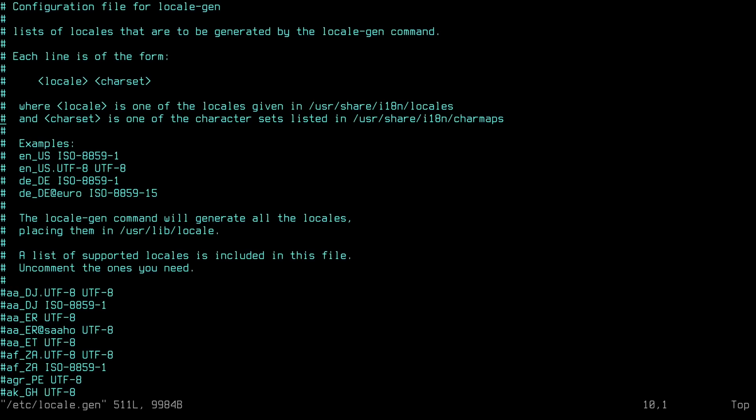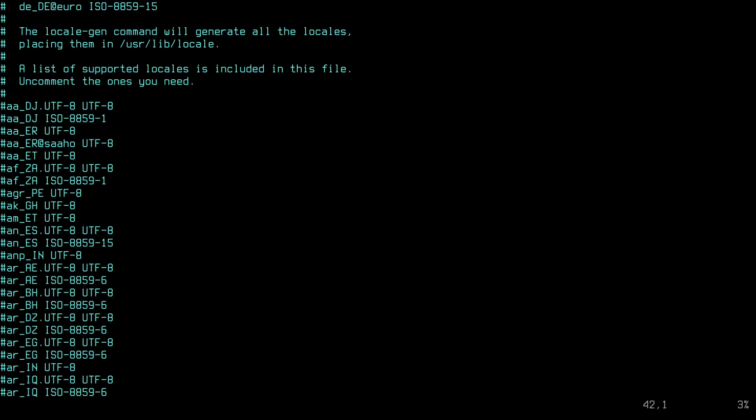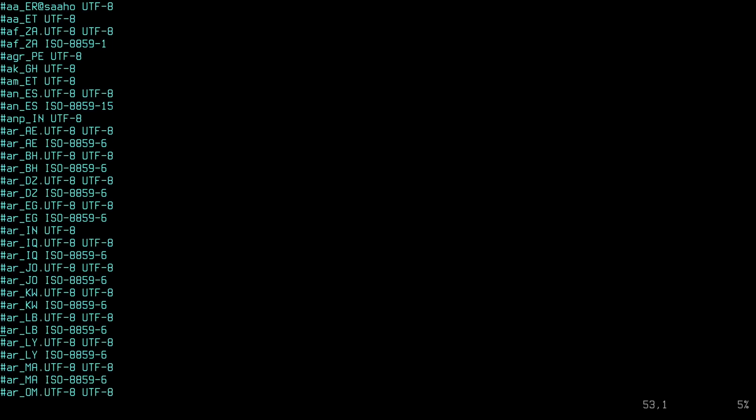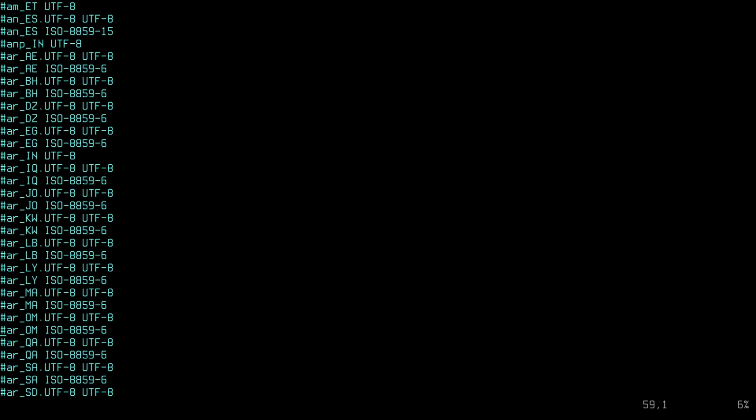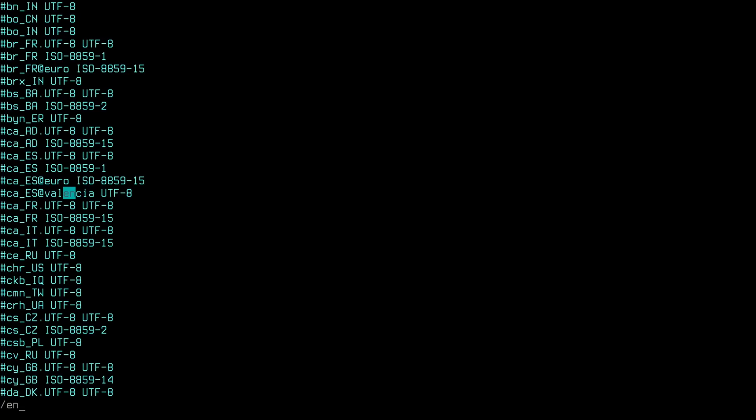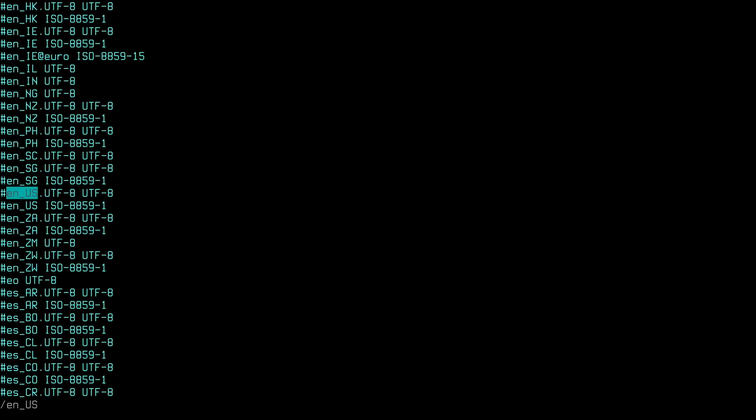So here you can see we have a long list of locales, so you need to decide basically which locale you want to use in your system. In my case, I want to use English, so I want to type in here the / in Vim and search for en_US because that's the language I want to use. And you can see it right there, it's highlighted, so I can hit enter there to go to that line